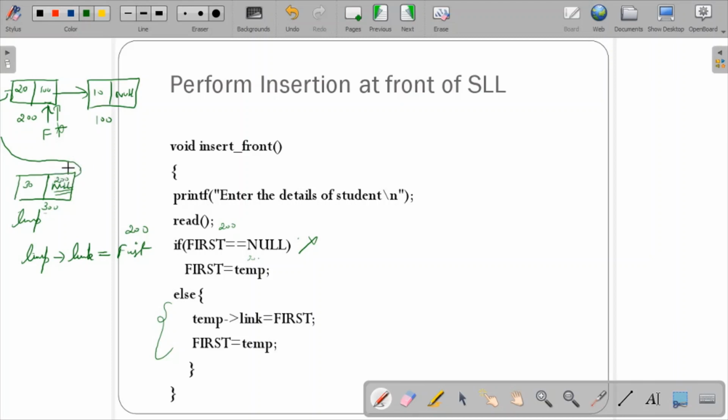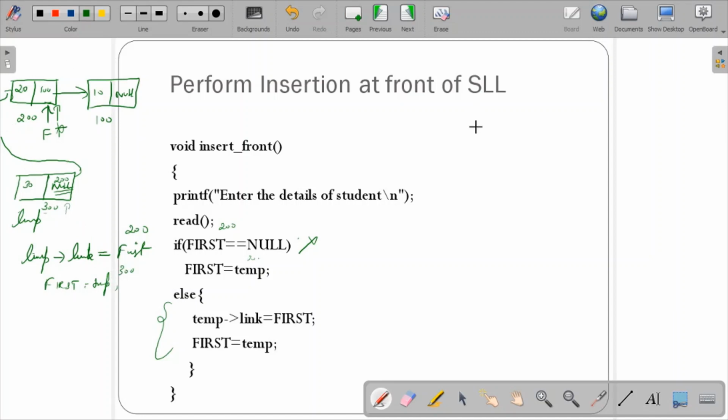Okay, now this link has been done. Can the middle node be first? No, this should be first. So the memory address of this temp should be assigned to first, right? So I'll just put first is equal to temp. No need to memorize the logic, you just think how this actually works. First is equal to temp means 300 will be the first.